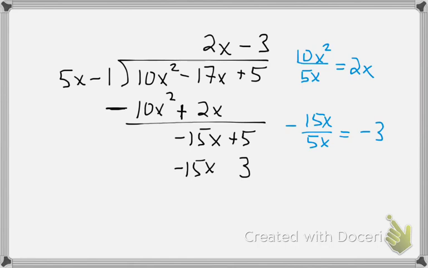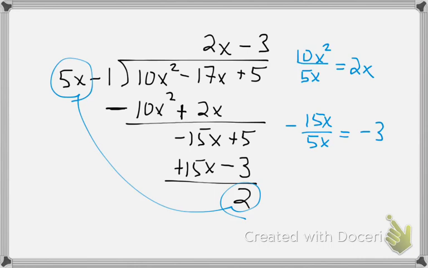But then what do we do? We're subtracting, so flip the signs. And what happens? Negative 15x and positive 15x cancel to 0, and 5 minus 3 is 2. Okay, how do we know we're done? We ran out of columns. That's one way of knowing. The next step: how many times does